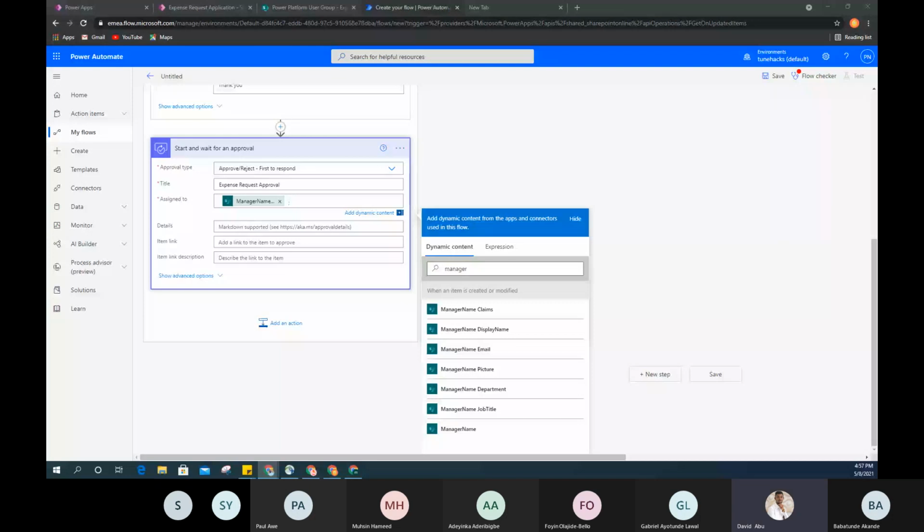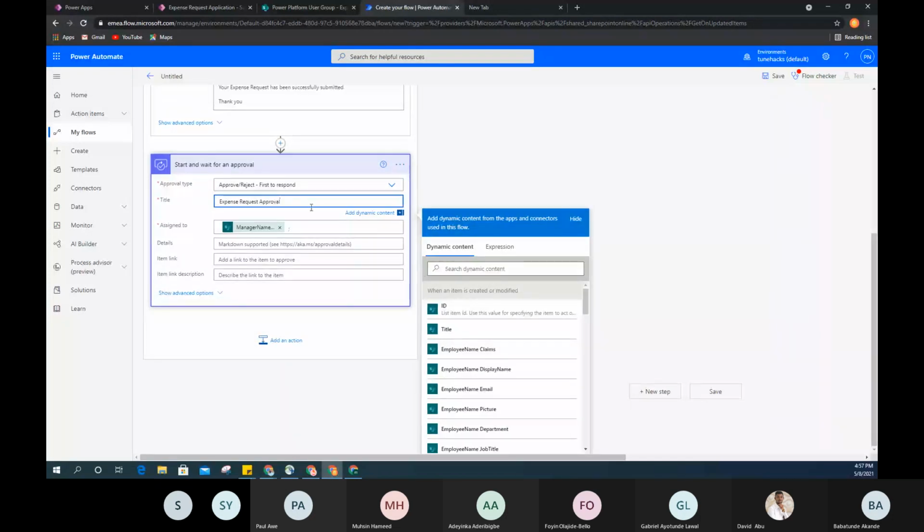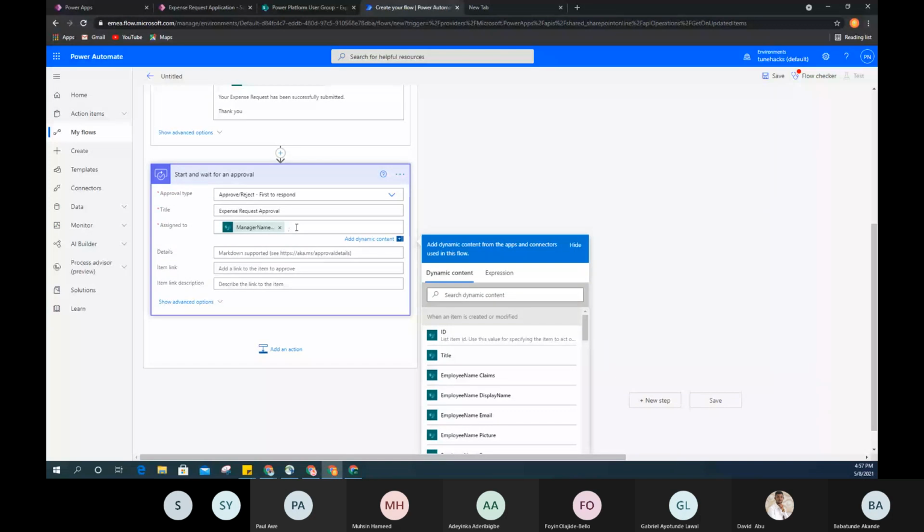All right, thanks. Okay, yeah, so I was talking about the start and wait for approval, where we'll send an approval email to the manager. So the title, which will be like the subject of the email, so just say expense request approval. Then we have the assigned to, which means who are we assigning it to, and this can be more than one person, like I mentioned. So you can have it assigned to multiple people,